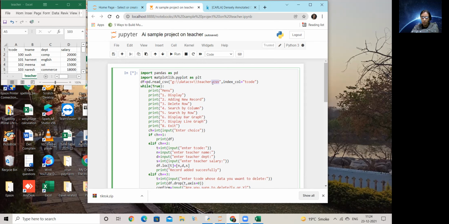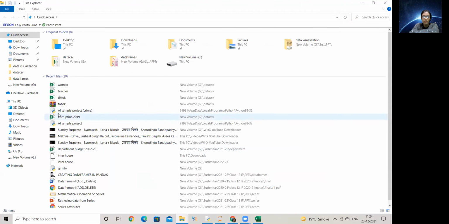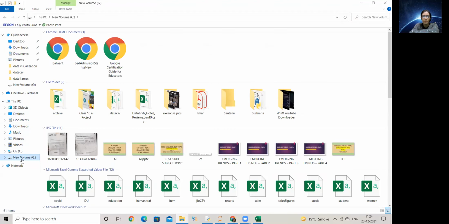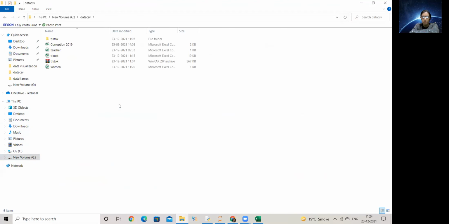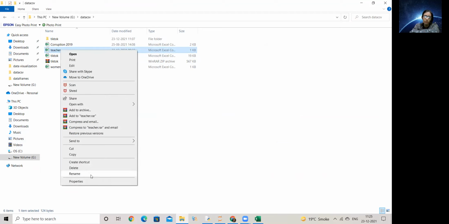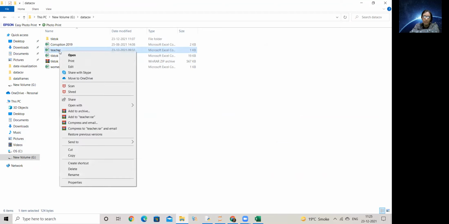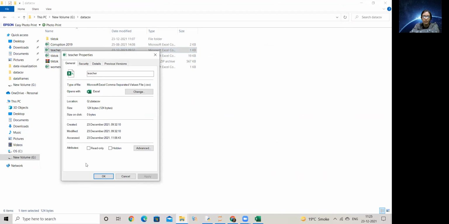Okay, but here, ma'am, did you type this path yourself, or did you copy it from there? I wrote it myself. I wrote it myself, that this particular file is there in this folder, G drive, data, CSV folder. Okay? This is the file. Ma'am, can't we copy from properties? Yes, you can copy from properties also. In that you will not have the double slashes that you will have to add. Ma'am, you can very well copy from this part.